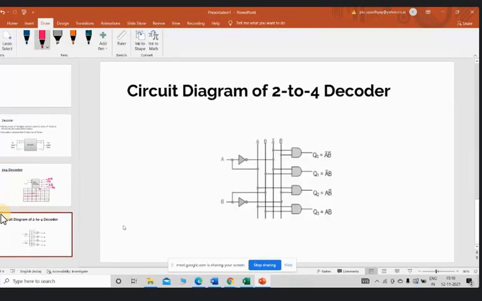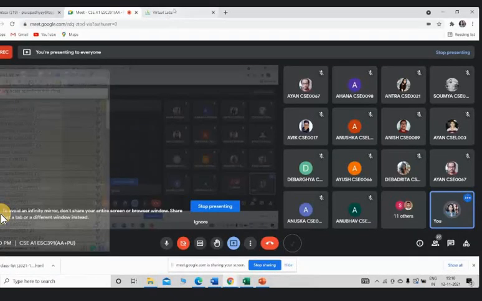So over here also, you will see we have to input A and B, and these are our 4 output sections present. Now Q0 is A bar, B bar, so according to that we have to connect with the AND gate, because in between A bar, B bar we have a dot, so AND gate, and in this way. Is there any doubt in this circuit? I know Aisha ma'am has explained this thing, so I'm going back to the simulation part. Okay, for any doubt you can ask.